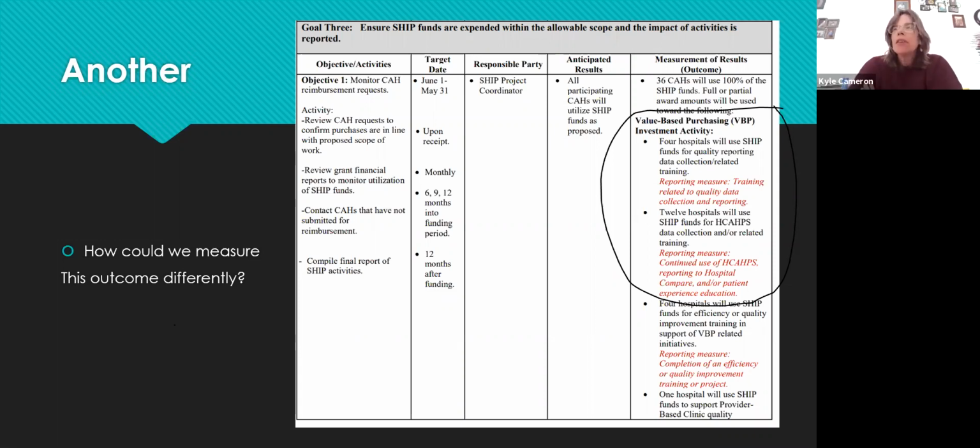Well, so I think one of the things about HCAHPS is we do get, for our critical access hospitals anyway, not all of our small rural hospitals, but we do get the HCAHPS reports back to us so that we can look and see, okay, where are we seeing improvement? But, and so I'm open to this, but with the SHIP program, I really do, for HCAHPS, just focus on